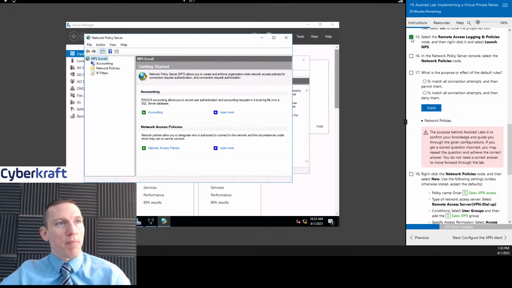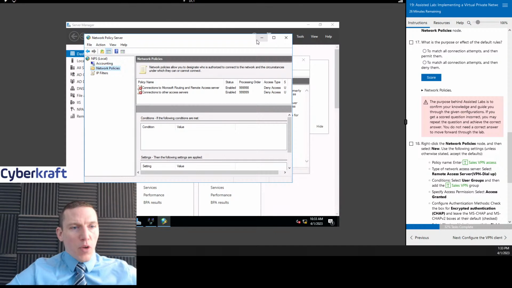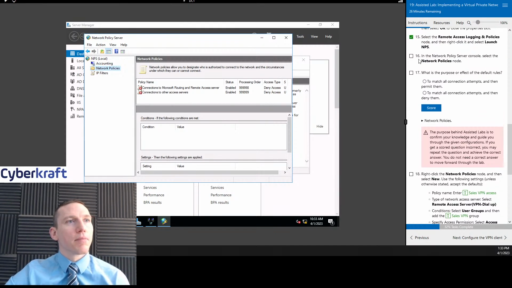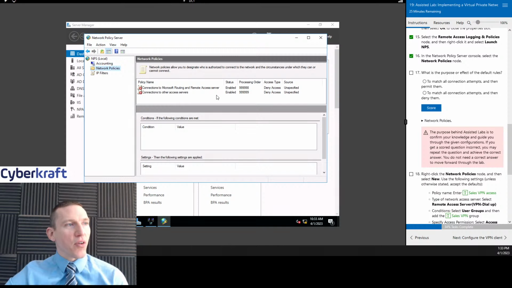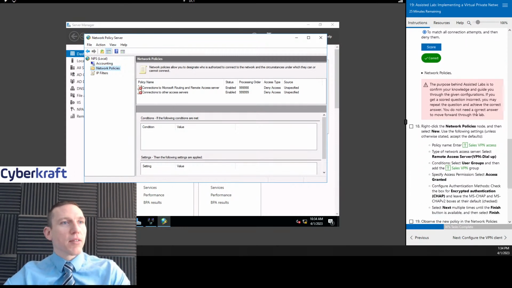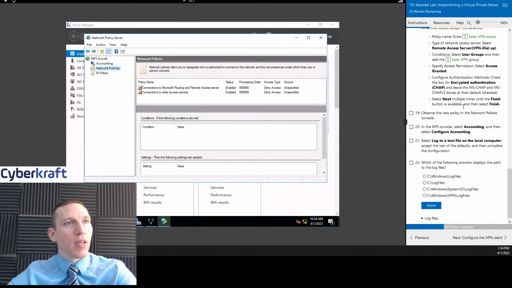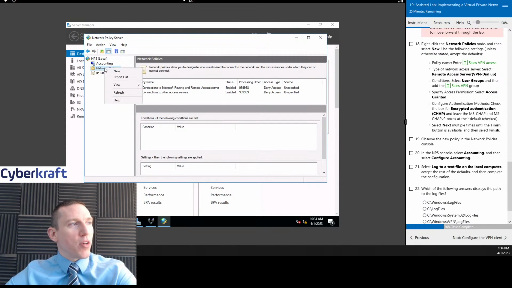Network policy server opens up. And then we're going to go ahead and select the network policies node. And from here, all right, what is the purpose or effect of the default rules? We have connections to Microsoft routing or remote access servers enabled, to deny access. Connections to other access servers enabled, to deny access. So obviously, these are deny by default, which is a good security practice, okay? And it says right here, the two default policies identify all inbound connections and then deny them by default. Okay, great. Now we can create a new policy, right click, hit new here,